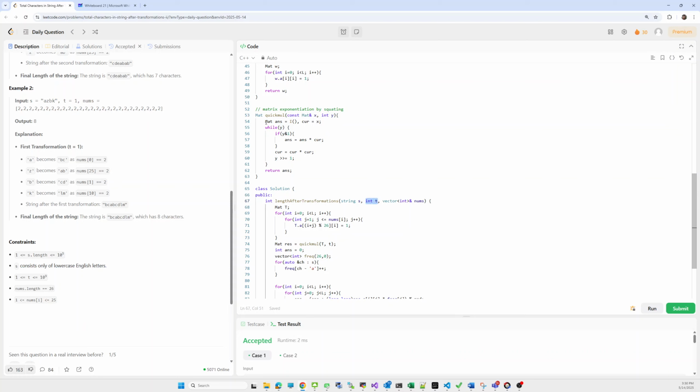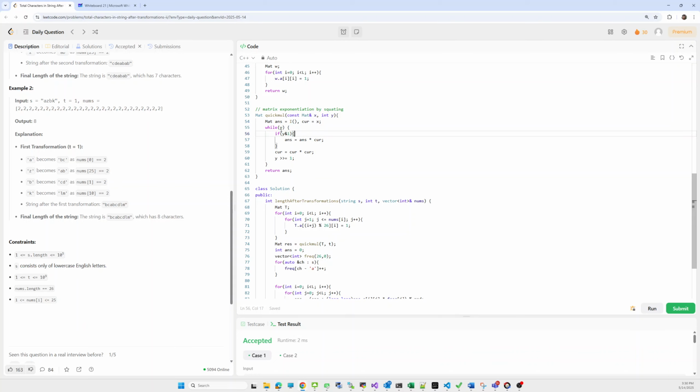So first we will take an identity matrix, and the current value is X. How can we perform the multiplication? Whatever the formula is, for the first multiplication the answer will be initialized to 1, so for 1 we have taken an identity matrix.